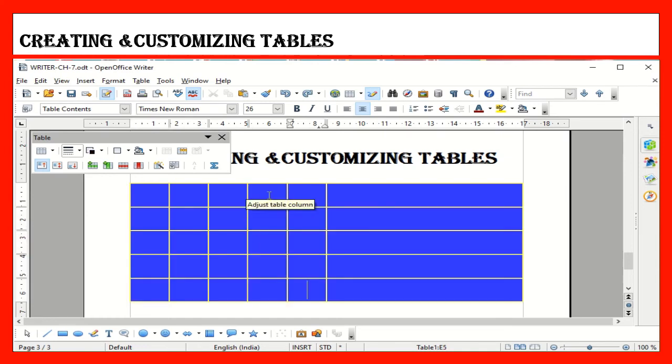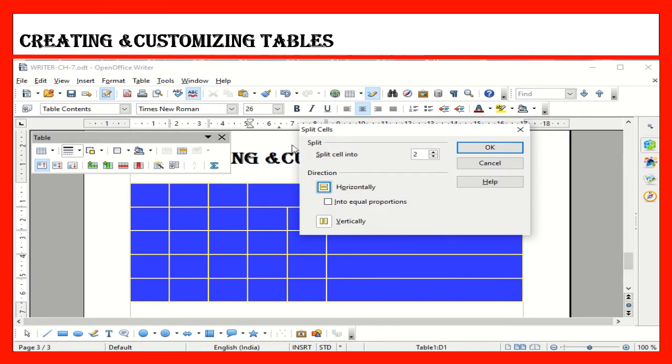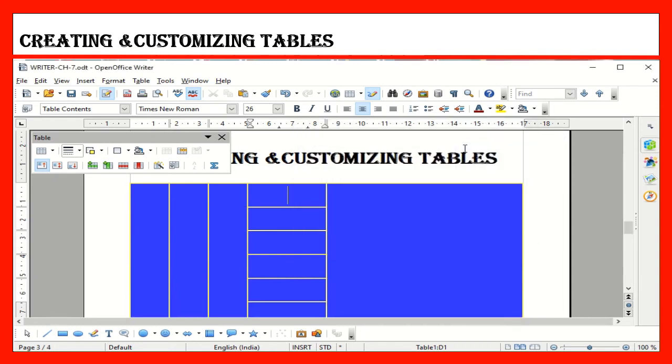Now if you want, you can also merge the cells and you can also split the cells. So for example, I am selecting these 2 cells and I am giving merge. So you can merge or you can combine the cells, and you can also split the cells. When you click split cells, it will be asking you to split cells in how many. For example, I am giving some numbers like 6 or 5. It is your wish. So like this you can split the cell. So like this you can format the table.